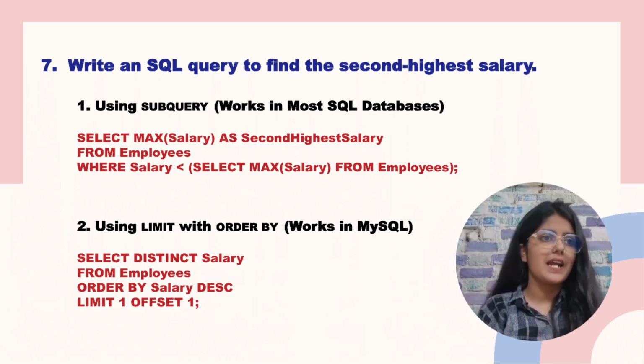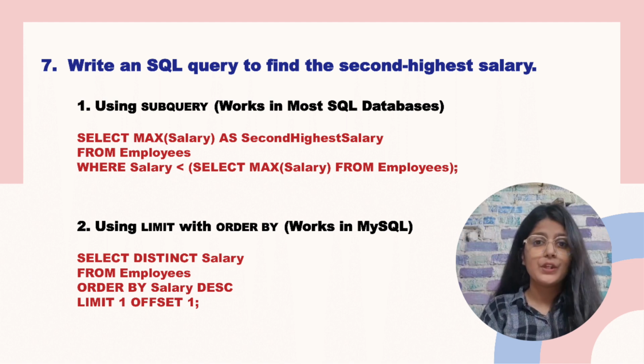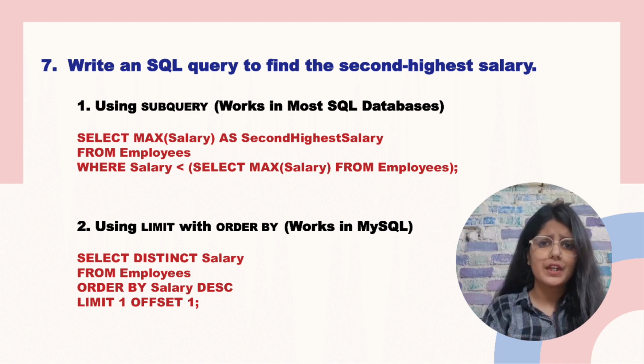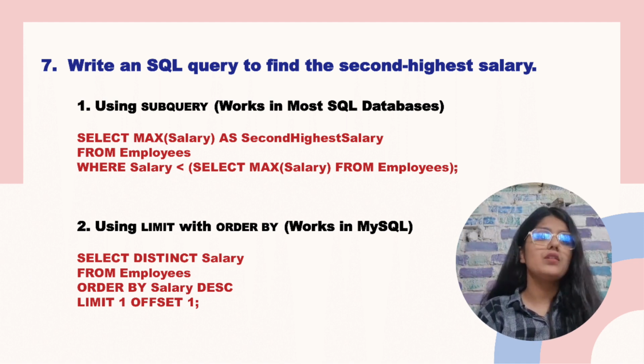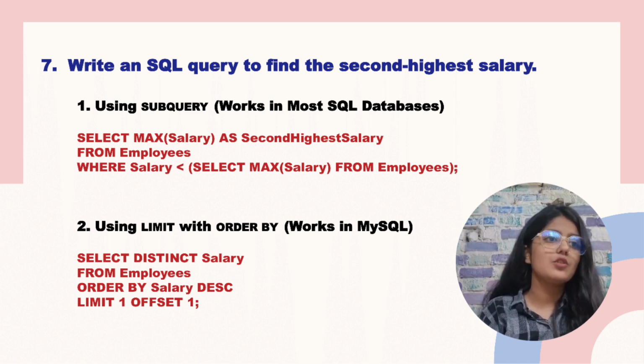Seventh question is, write an SQL query to find the second highest salary of an employee. This is the most common question asked in many interviews if the interview topic is MySQL. So let's see, I have written two queries here. First is using a subquery, which works in most SQL databases, and second is using LIMIT with ORDER BY, which works in